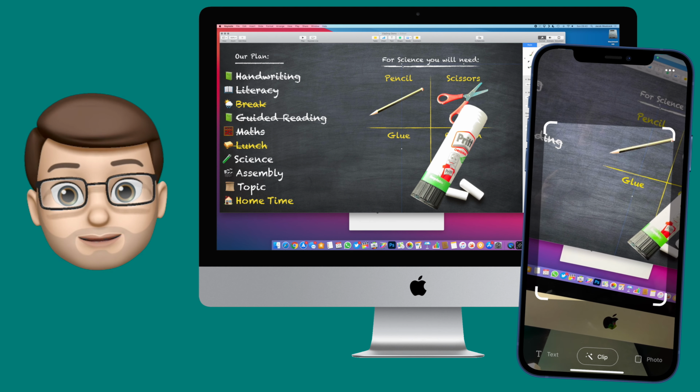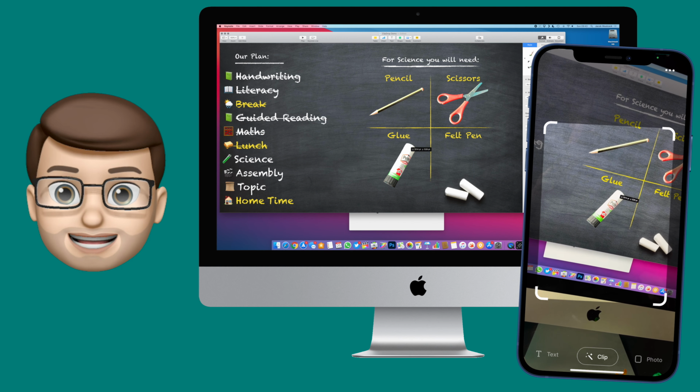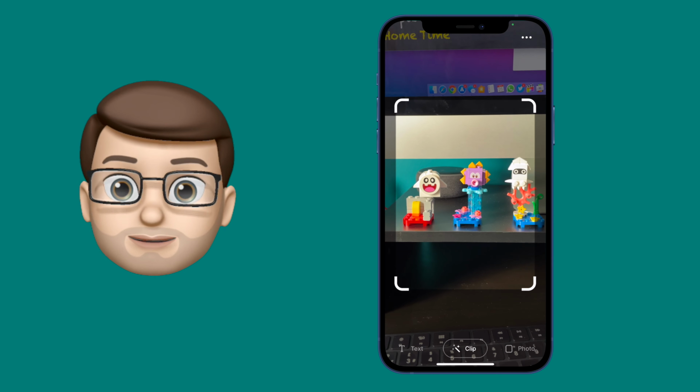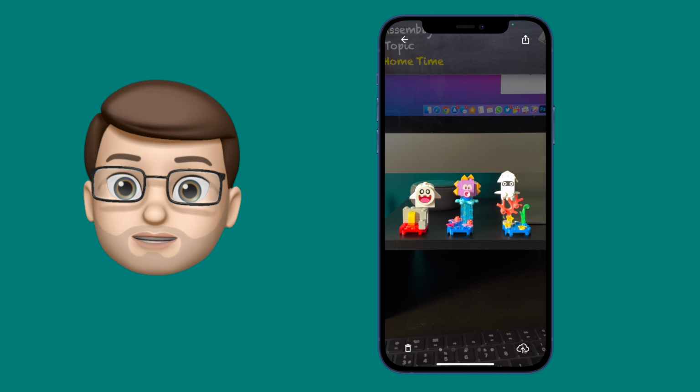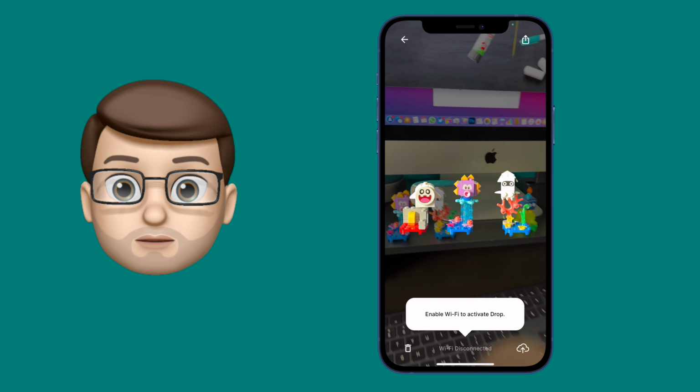Now, the app is free to begin with. You get 10 clips for free, but then you can subscribe to use it unlimited for a year or a month at a time. Oh, and did I mention you can even clip multiple objects at the same time as long as they all fit inside that viewfinder? I've tried it with 2 and 3 objects at the same time, and it's done an excellent job removing the backgrounds from all of them.